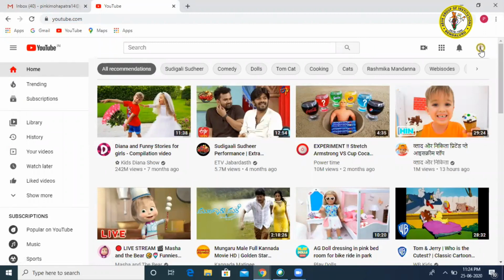Suppose first it will show you your ID. So first thing what you have to do is, here you have to click. If it is showing school's logo, it is fine. It means you are in school's channel.